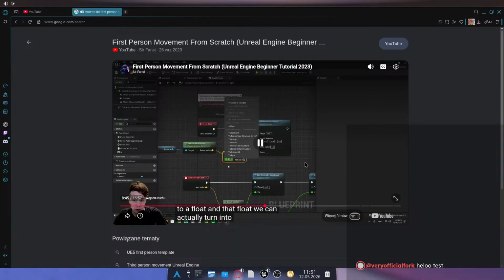And that float we can actually turn into a variable. Let's promote this to a variable, and that